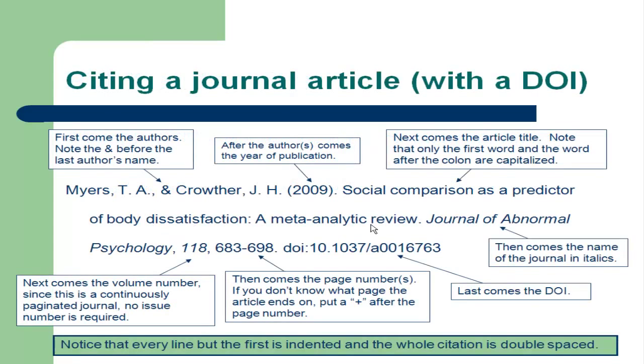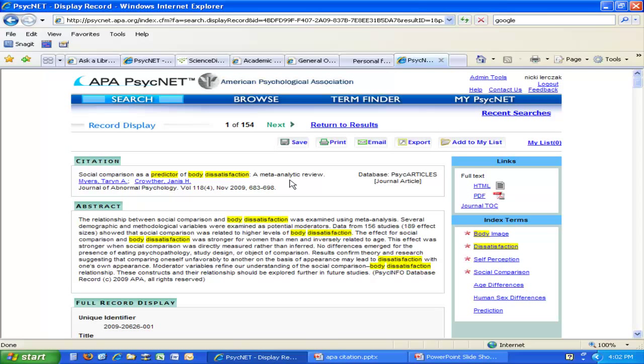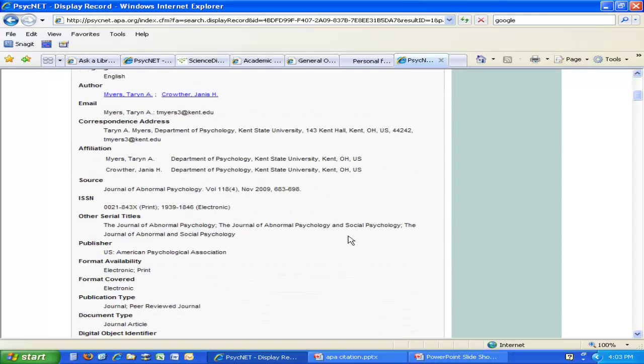When you do have a DOI, and this is a journal article with a DOI, here's my article. I do have all of the information I need to create this citation. Generally speaking, it's going to be here. There's my authors, there's my source, my volume, my issue, obviously my year, my page numbers. As we've already seen, we know this was on those pages. My title. What I'm missing is that DOI, but it's easy enough to find it in this database.